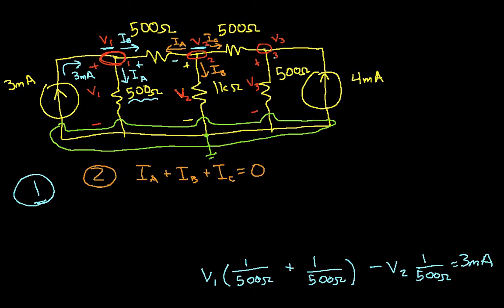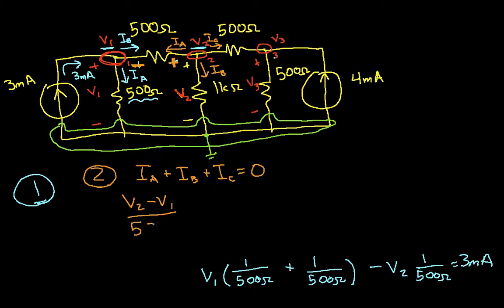Now, IA is going to be the current through this 500 ohm resistor going from this positive to this negative. You'll notice that I've relabeled the voltage for my orange IA from my IB. That's fine. There's no problem in doing that as long as you're clear on what you're doing. So IA is going to be V2 minus V1, the voltage at node 2 minus the voltage at node 1, which is the voltage across this resistor,